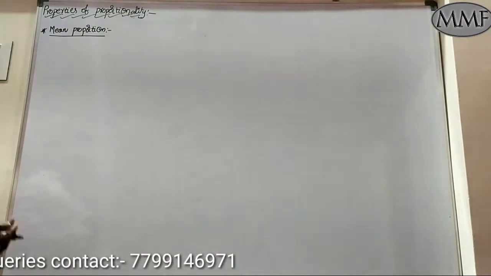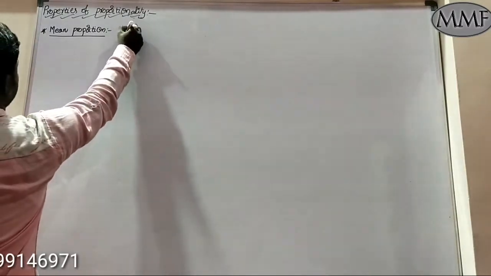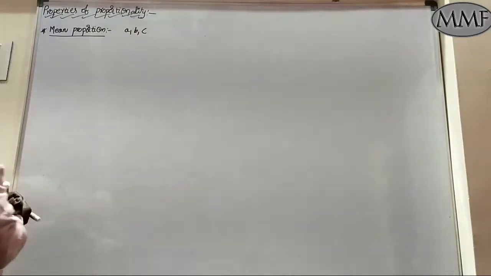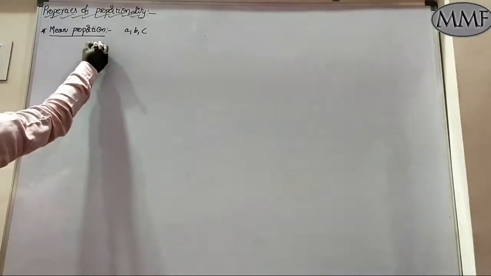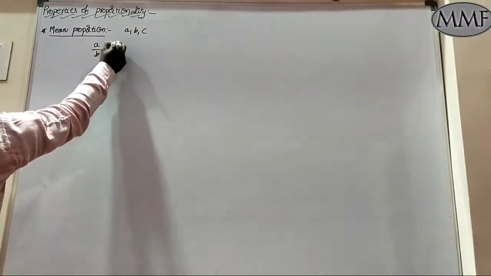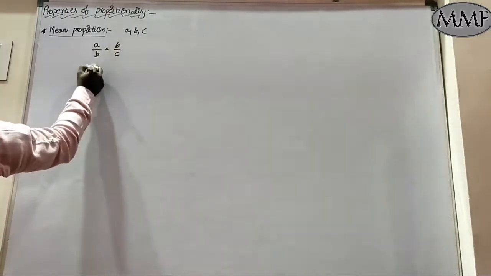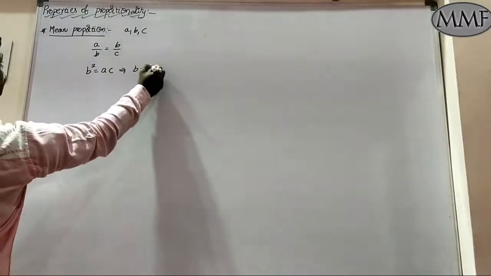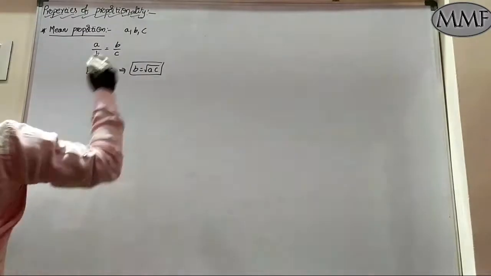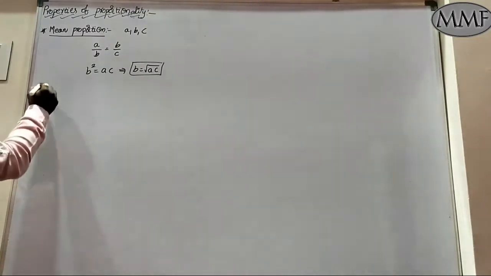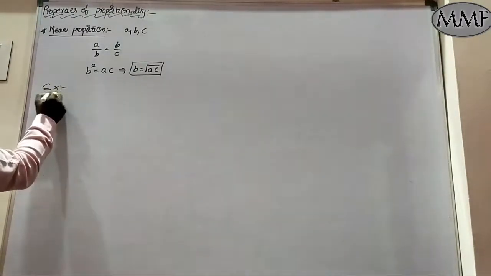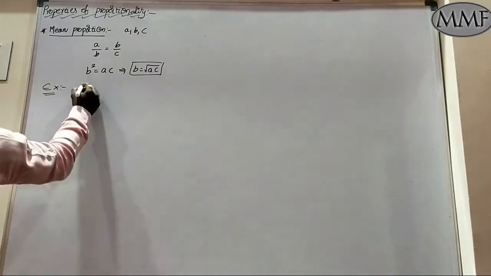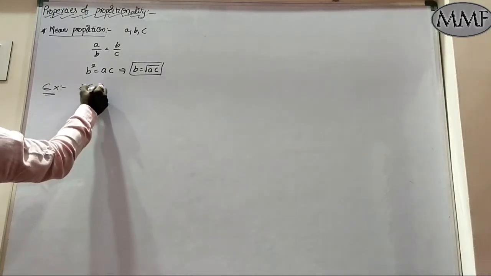Very simple. Again, same thing. If any three numbers A, B, C are in continuous proportion, then A by B is equal to B by C. From this, what can I write? B square is equal to AC. That implies B is equal to root AC, which is nothing but the mean proportion. For example, 25 and 4